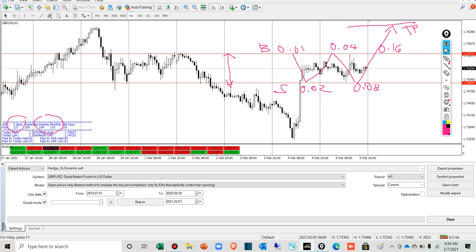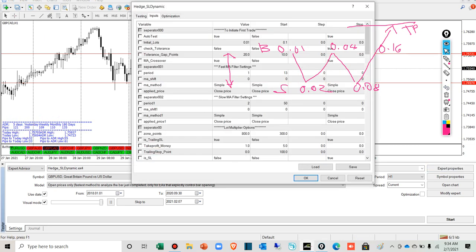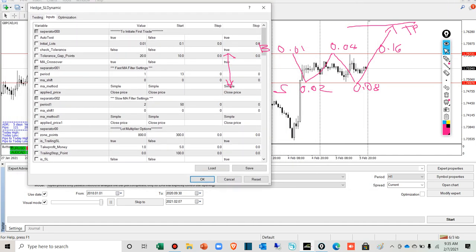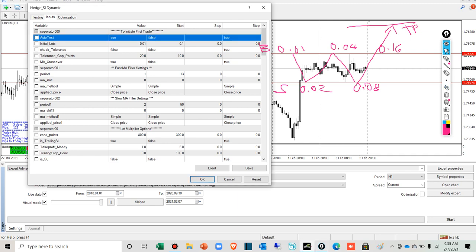Okay, margin is okay, only the drawdown, because basically the hedge will control the, what shall I say, the margin. Now let's go back here. Now I'll keep it like this here. Okay, done. Now basically auto test, I keep this for back testing, meaning that I let the expert advisor do